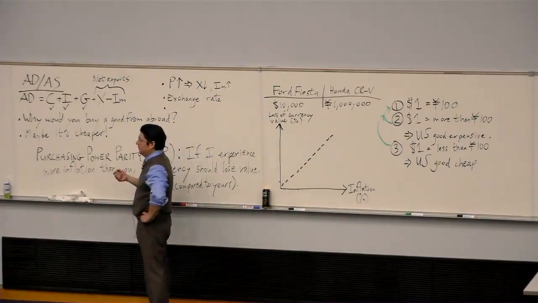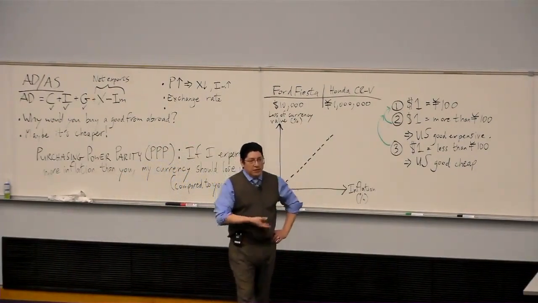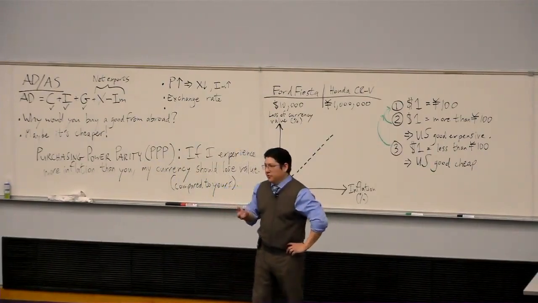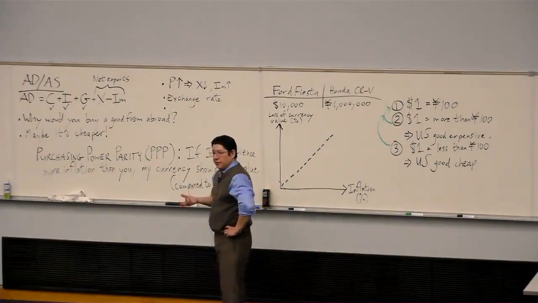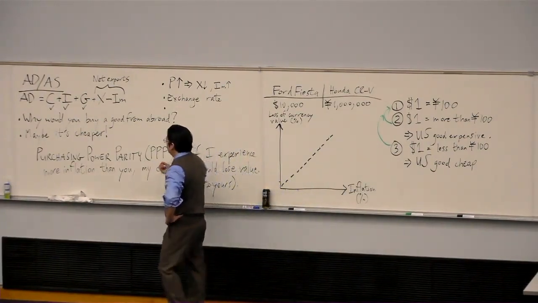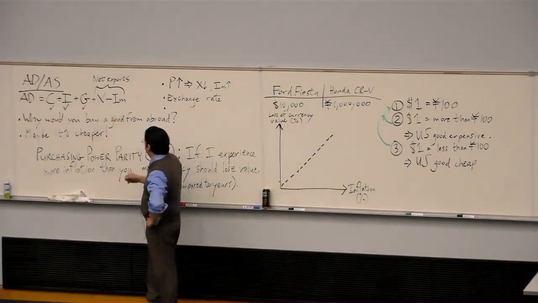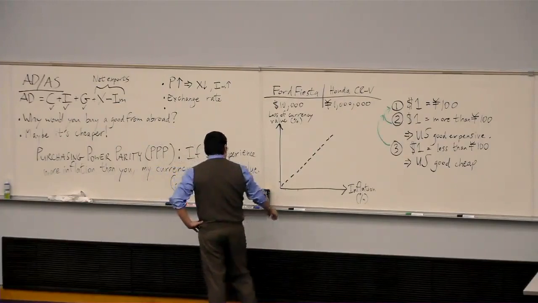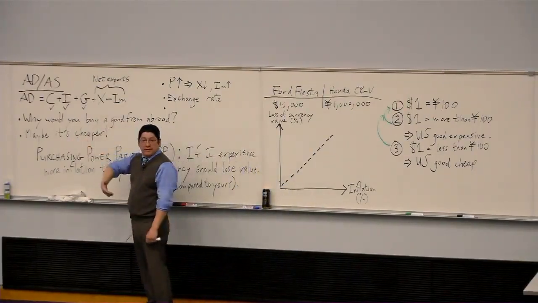The point is the United States goes into recession. Well, if the United States goes into recession, United States citizens or residents have less income. And if they have less income, they're of course buying less of everything, including both goods made there and goods made abroad. In other words, if the United States goes into recession, suddenly Mexican exports to the United States decline